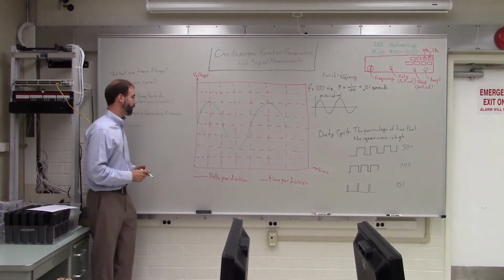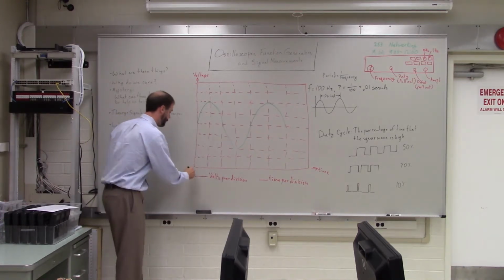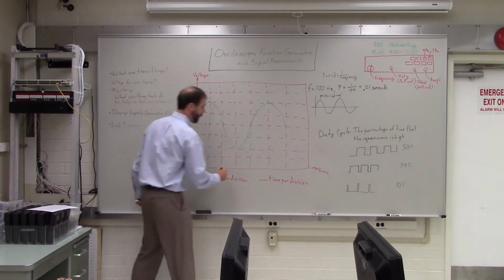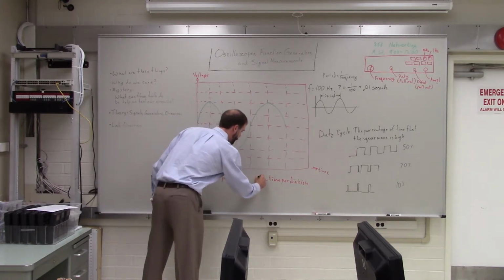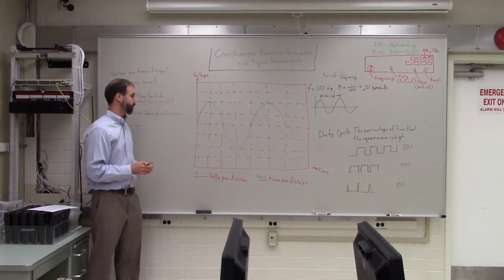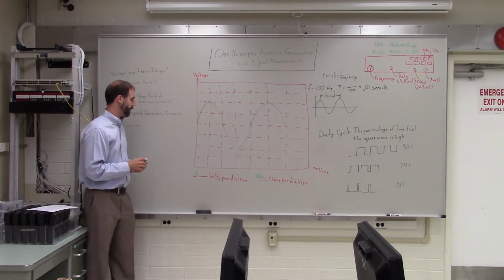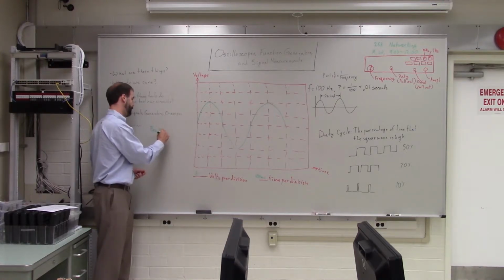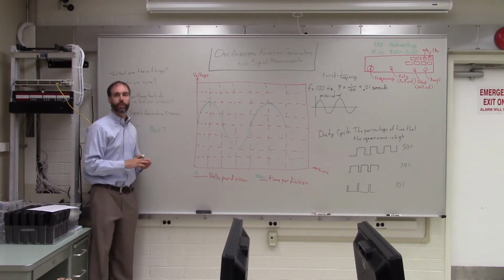And let's say that we had 5 volts per division and 100 milliseconds per division. And then I asked you, what is the